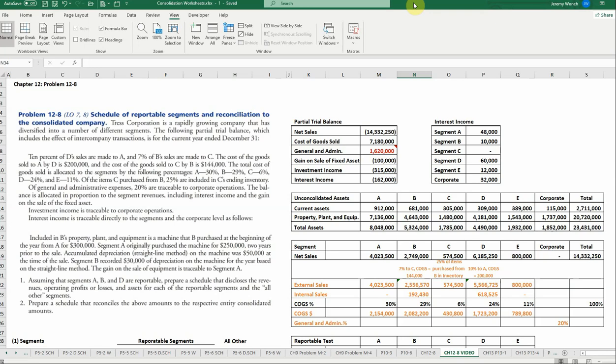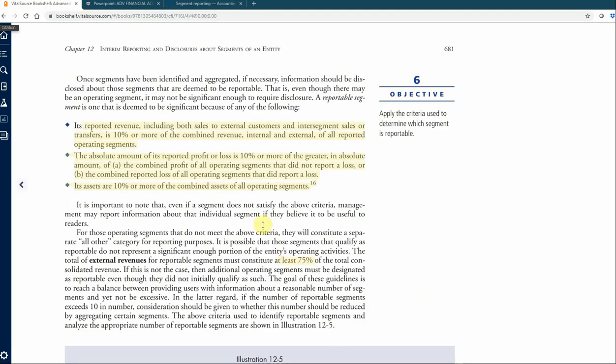So what we have here in problem 8 is we have a corporation that says it's rapidly grown into a very diverse number of different segments. It gives us a trial balance, and so I pull that information over here. It gives us a partial trial balance. This is in the book. Just wanted to note that the book actually has an error. If the book actually shows 20,000 for this,